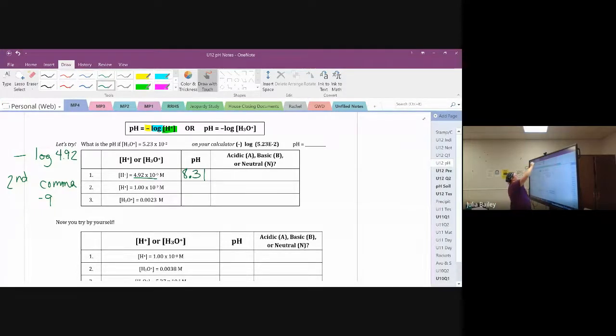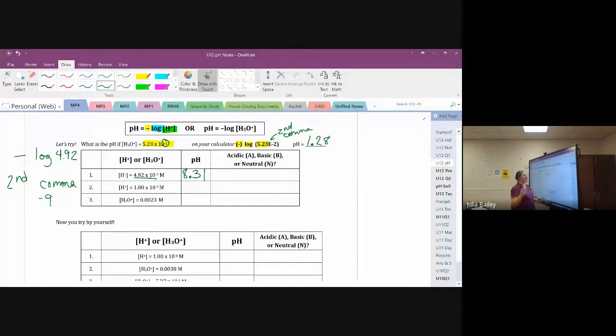There's also, whoops, I totally skipped it. There's an example up here that they said, what is the pH with this number? So you would hit negative, hit log, type 5.32. To get the E, you're going to, again, use second, comma, and then hit your exponent is negative 2. So then you just type negative 2. Negative log 5.23, second comma gets you the E, negative 2, and your pH comes out to